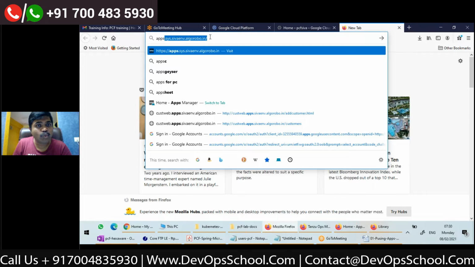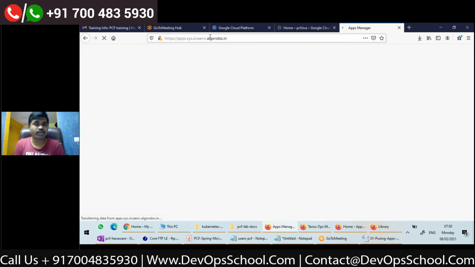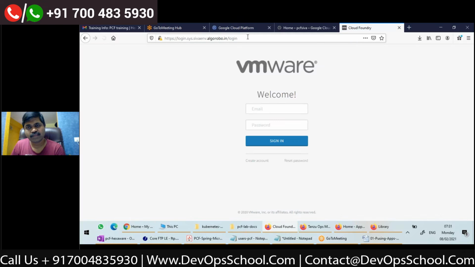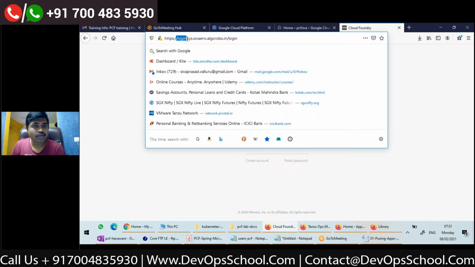At this URL, there will be one application running called Apps Manager. I'll click on it. Sorry, I think it is already logged in, so log out. Once I click on this for the first time, just wait. Yeah, I will be redirected to the URL of UAA, and this is a login page which I am seeing.